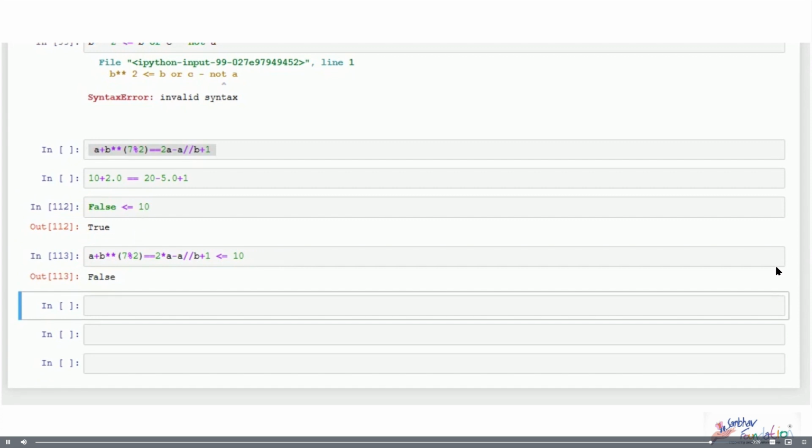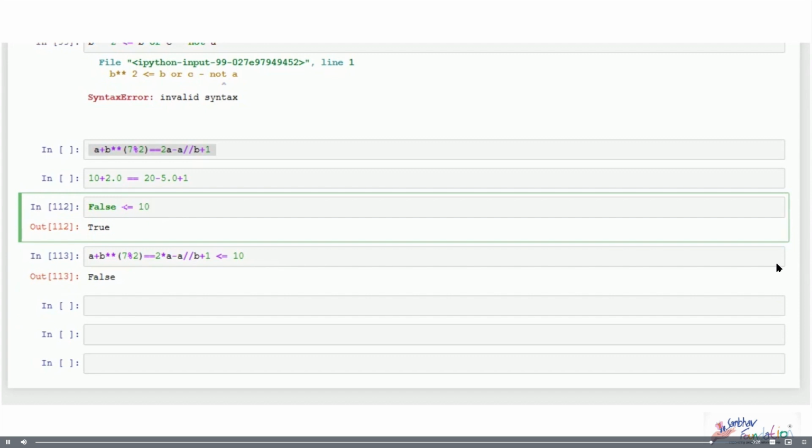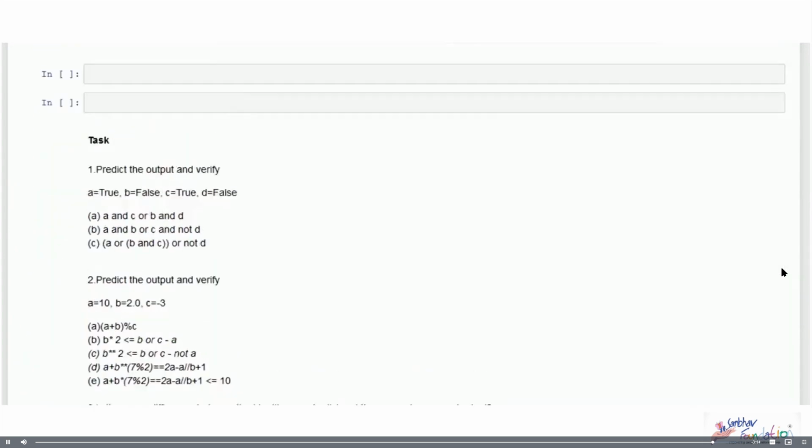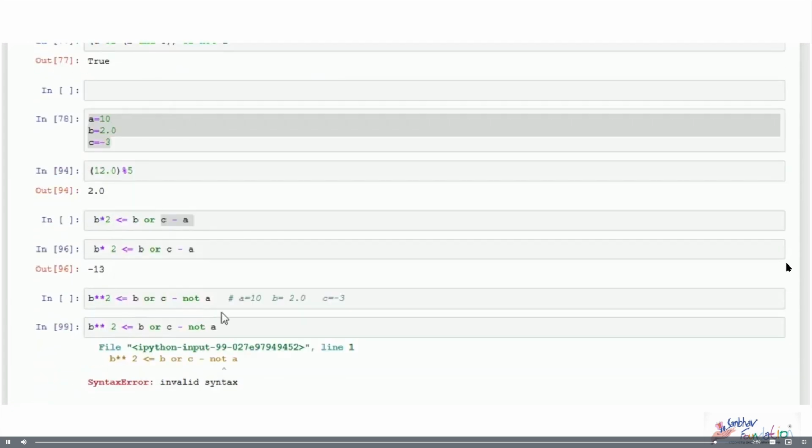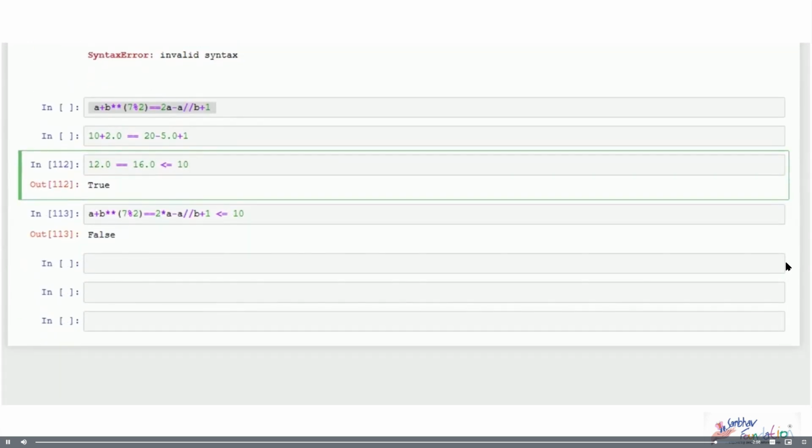I just wanted you to make note of something. So at this step we had this, right? So this is comparison and this is also comparison. So if you look at the order of precedence even within the comparison operators, we have the equality operators below your greater than, less than symbols, right? So what actually happens is this takes precedence over this. So when we come to the problem, you don't actually do this part first. What actually happens is this gets executed first. So 16 is less than or equal to 10.